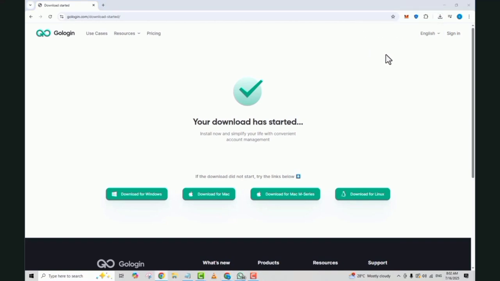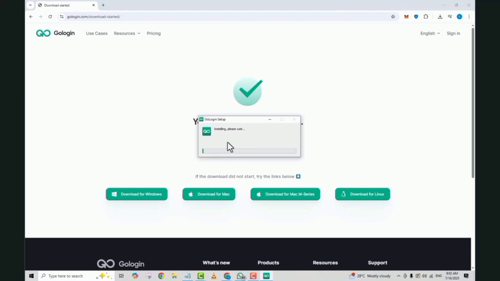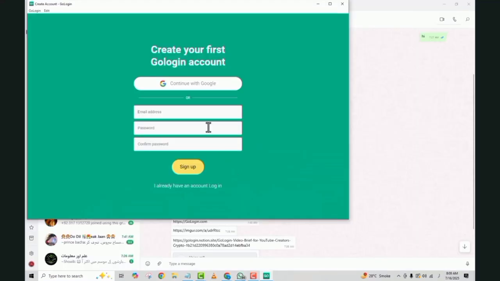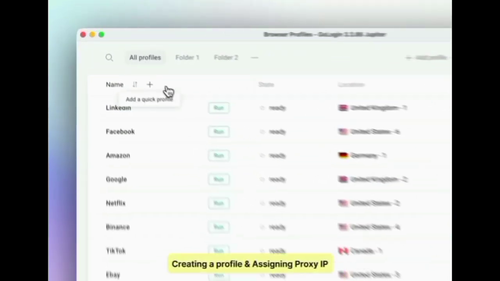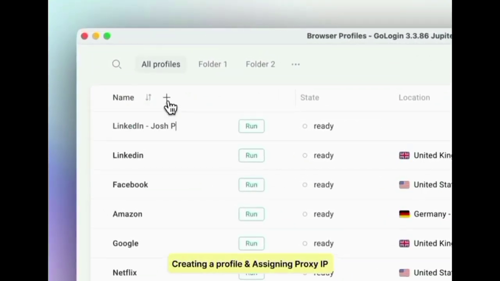So friend, now I will tell you how you can create your account with your email. The software will be installed on my PC. It's a simple method: simply enter your email, password, then confirm your password, and your account will be successfully created. If you have a Google account, simply click on it and make an account with Google. As you can see, the interface of this project is showing on screen.